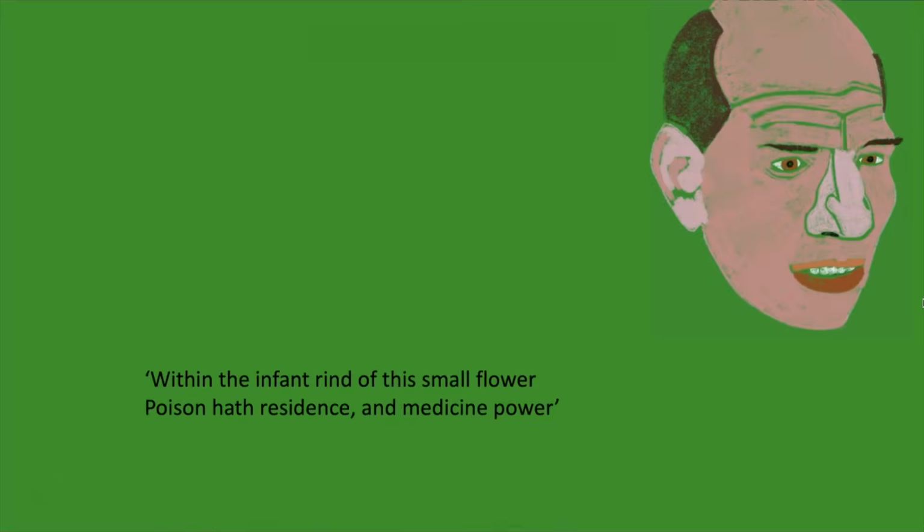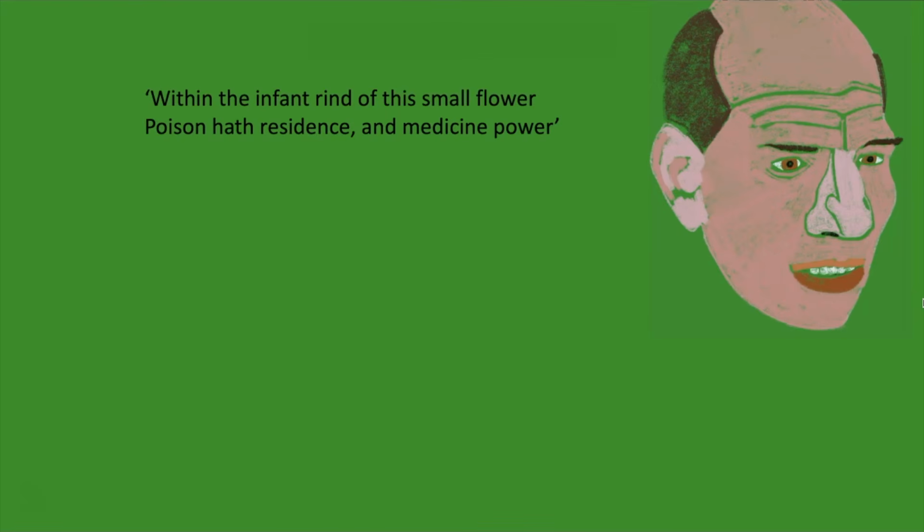The friar explains how within the infant rind of this small flower, poison hath residence and medicine power. In other words, some plants have the capacity for both good and evil, depending on how they are used. This speech foreshadows the apothecary's use of poison later in the play, but it can also be seen as a significant part of the friar's character. Jonathan Marks writes,